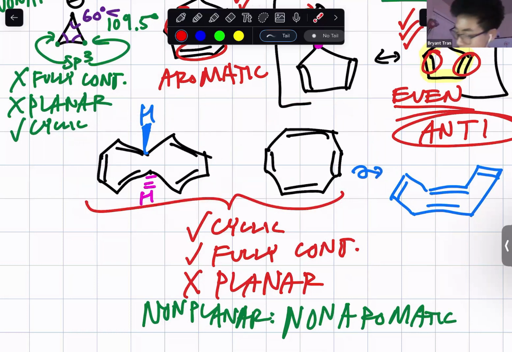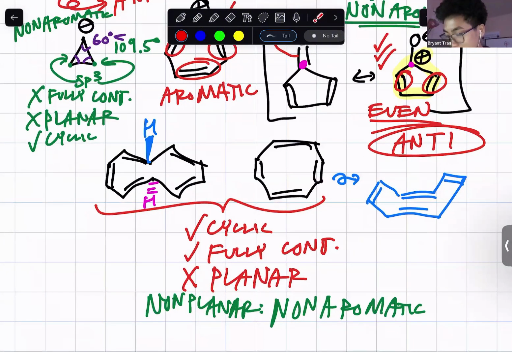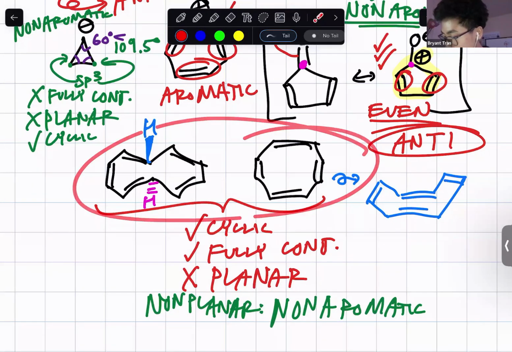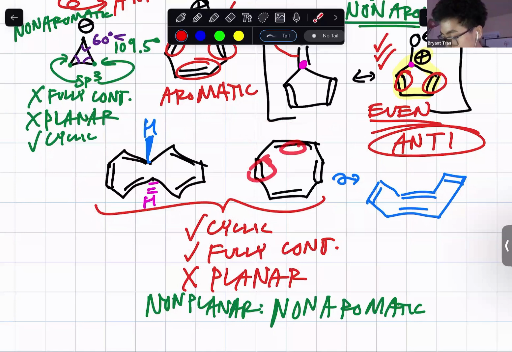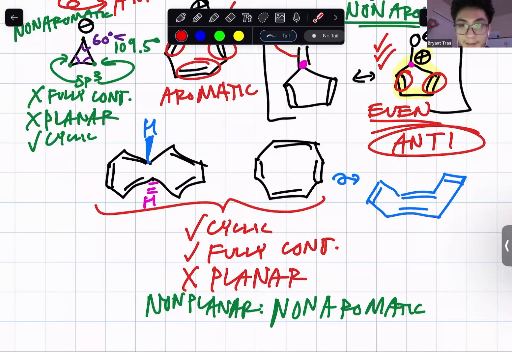Right. Yeah, and that might come up as an explanation problem, like a student thinks that these fulfill all three conditions, and this one would be, if it's even pair, anti-aromatic, this one 1 2 3 4 5 odd pair aromatic, but why is it not aromatic nor anti-aromatic? It's because of this planar condition that is not fulfilled right there. Okay,